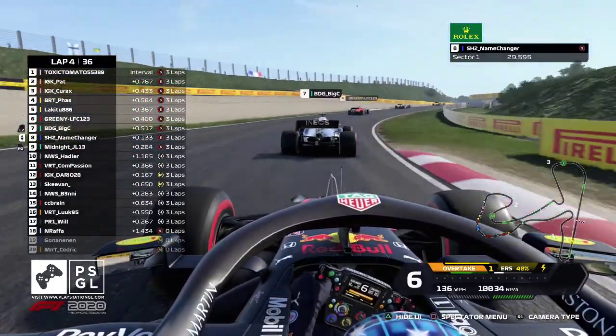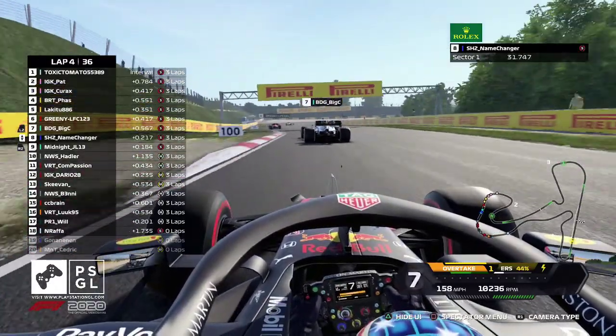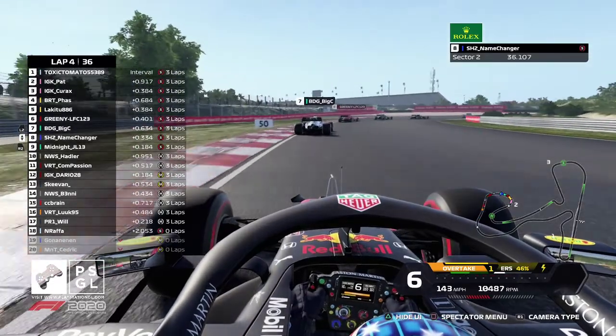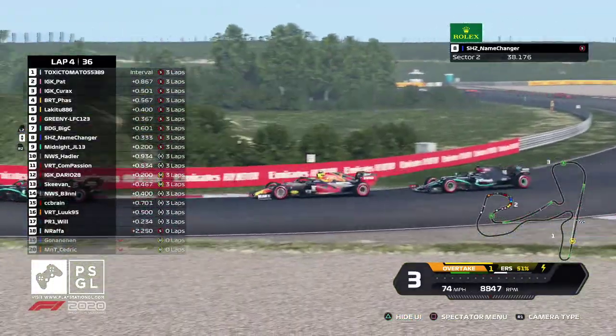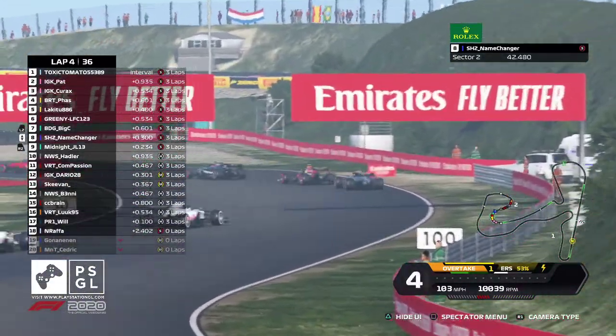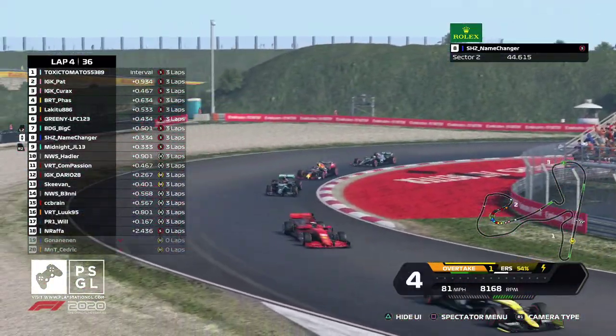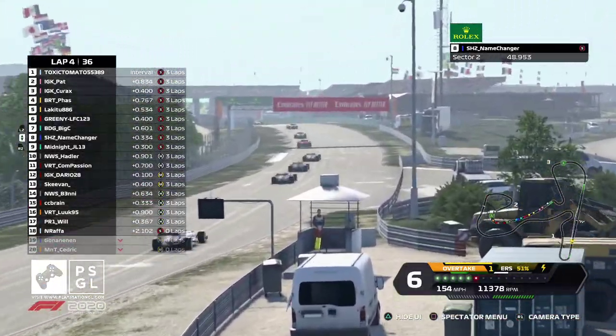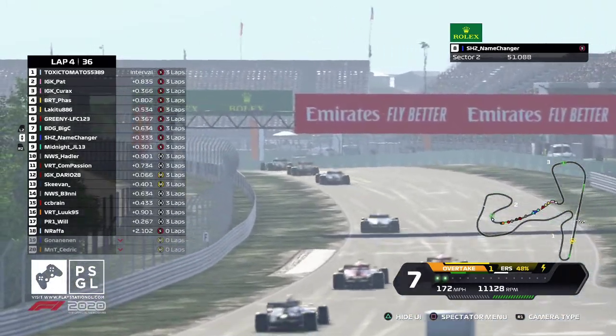Name Changer almost tried to have a look for a move past Big C, but unfortunately couldn't quite get it done for now. Will, last week's race winner, is all the way down in 17th. Luckily he hasn't retired yet. Hopefully we won't see the same thing that happened to Gazzy in real life, where he retired, but hopefully not. Hopefully Will stays in this race,